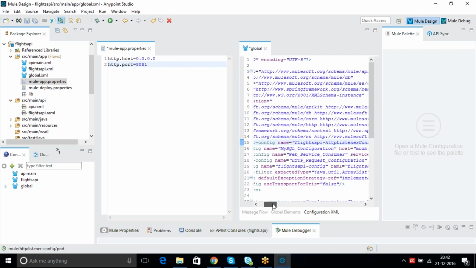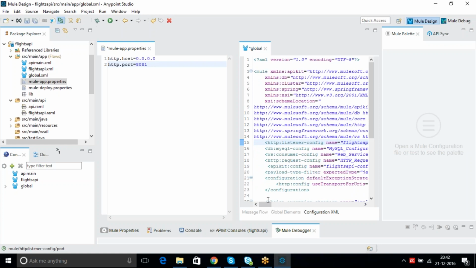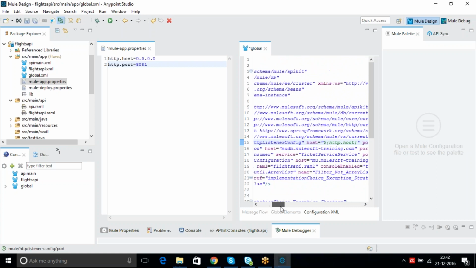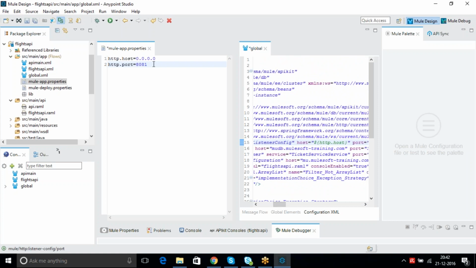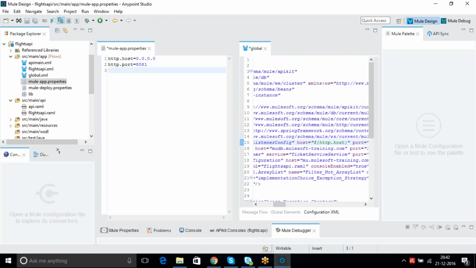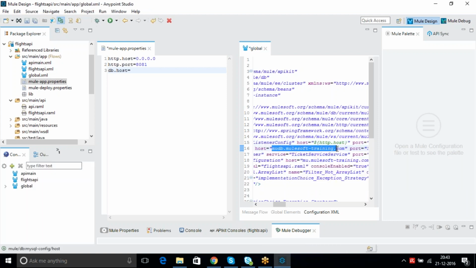Next, let's come to the SQL configuration. So inside the SQL configuration, what are the things we can do? So host. So db dot host. You can give it any name. Okay, I'm giving here db dot host. You can simply give SQL host, I mean, this is the way of representation we do. It's not necessary to keep dot also. This is the best practice, which I always do.